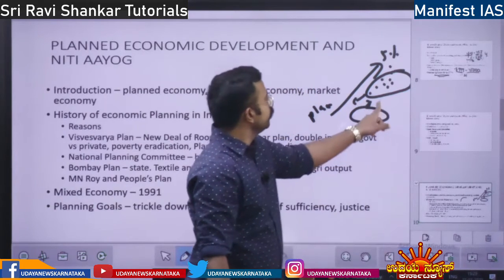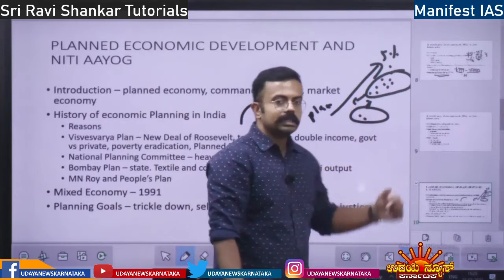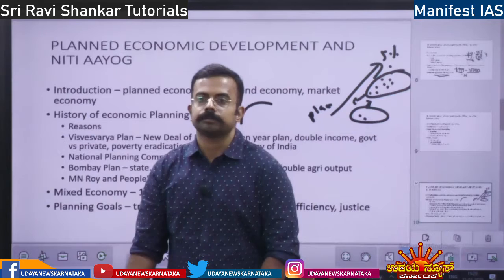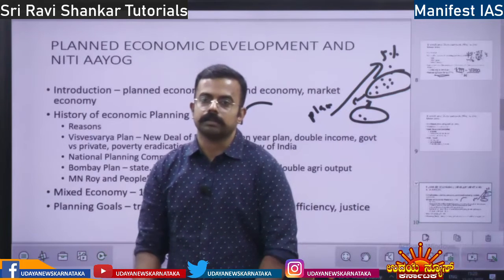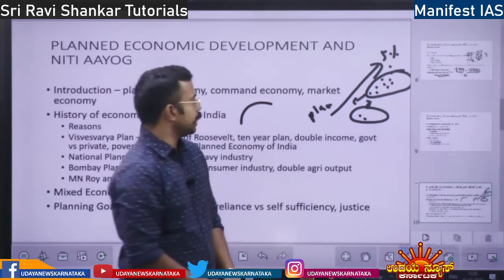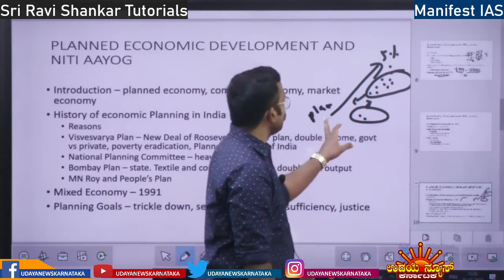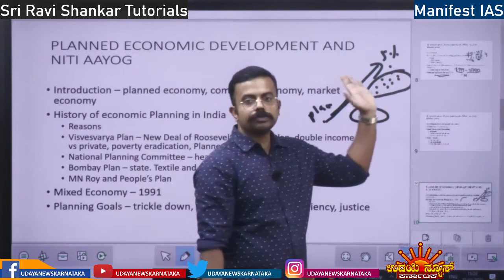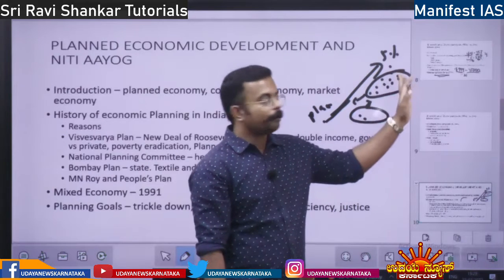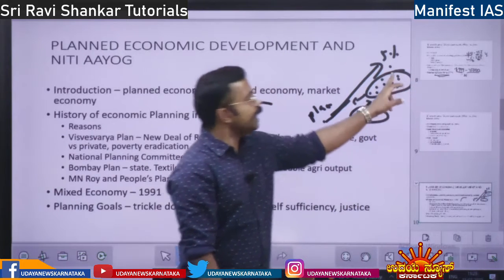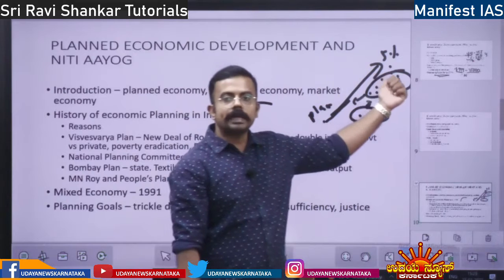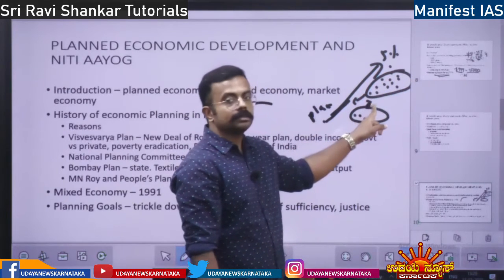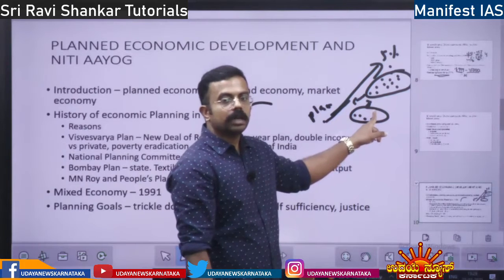For example, the lower section are doing some handicrafts or painting or pots. So when the planning happens, when there is growth, few sections, the upper section, will grow. When they grow, they have more money, they will spend on buying paintings, pots, and if